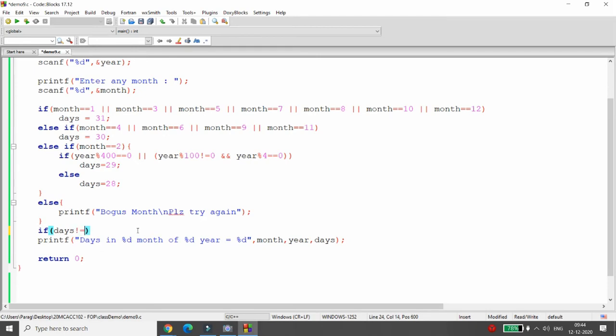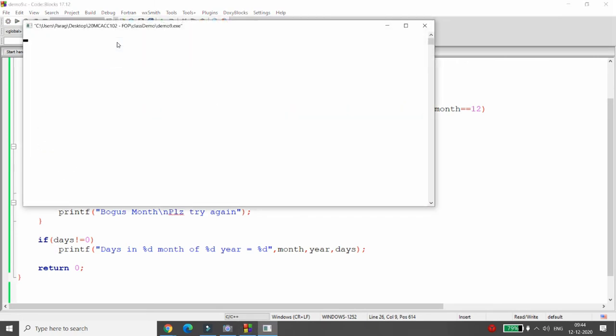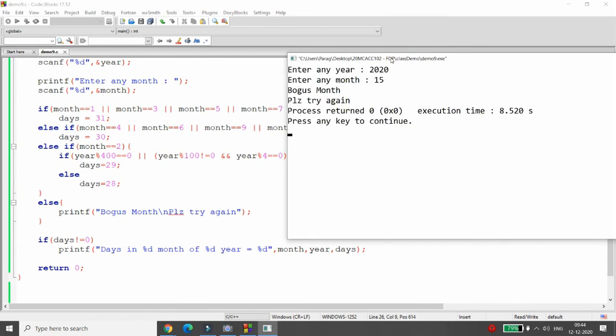So you can write the condition, if days not equal to 0, then and only then print this. Now you can run again. Suppose you pass 2020 and the month is, for example, 15, then it will say bogus month, please try again.